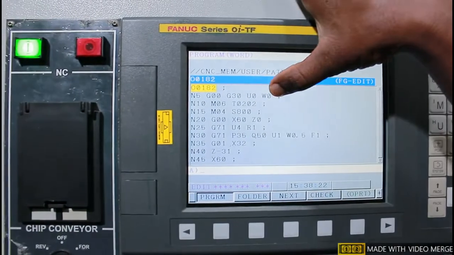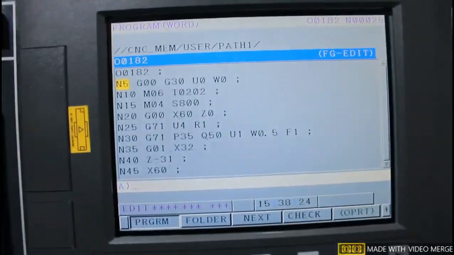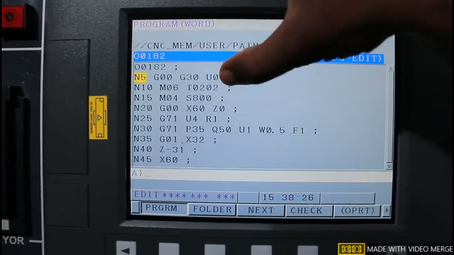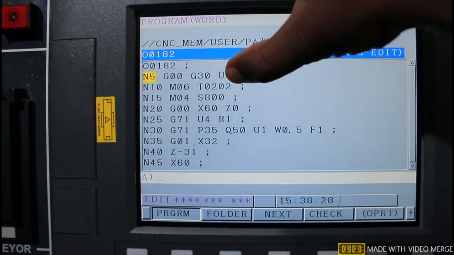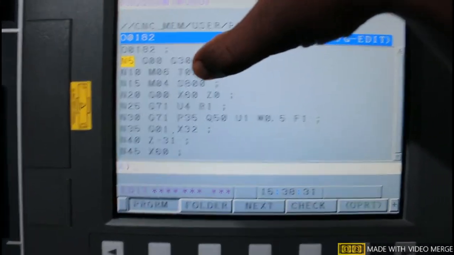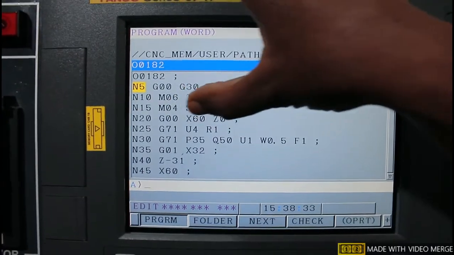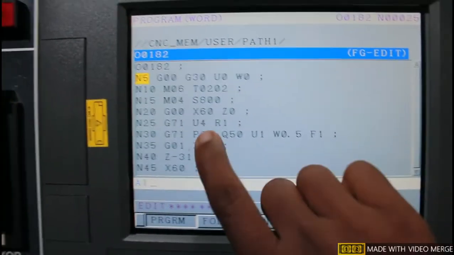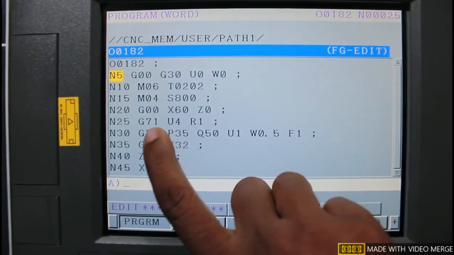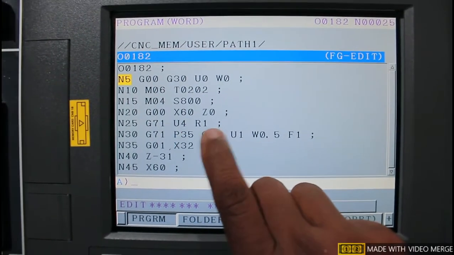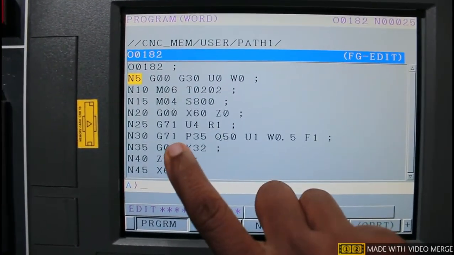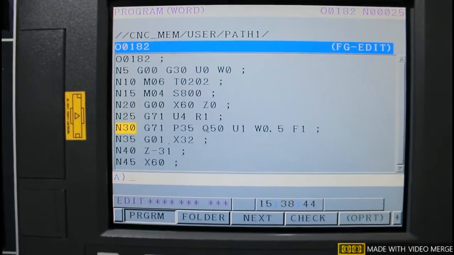Already I explained homing, G00, G30, U0, W0, and tool offset, tool changing, and then the work will rotate at 800 RPM, and rapid positioning, and this is the G71 stock removal cycle, depth of cut and retract 1 mm.